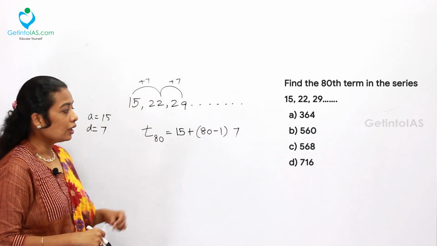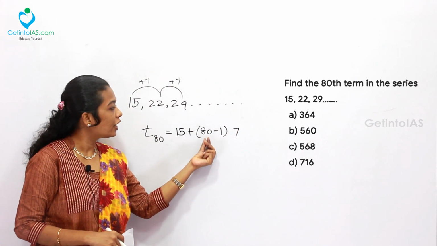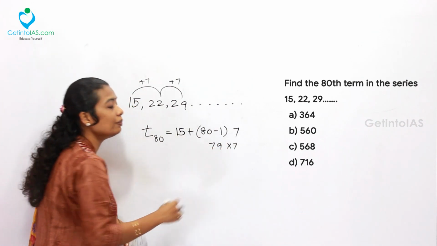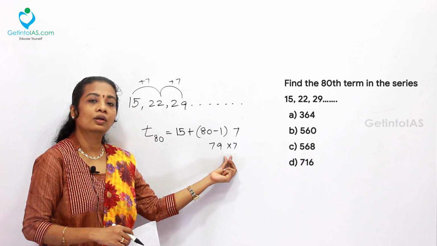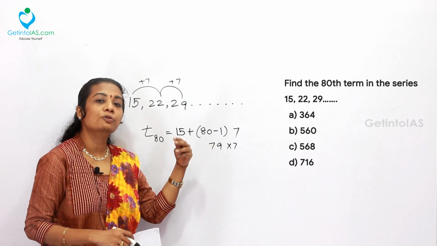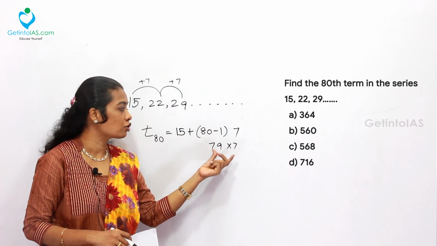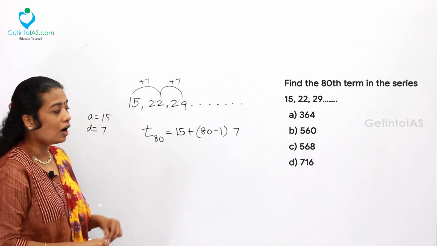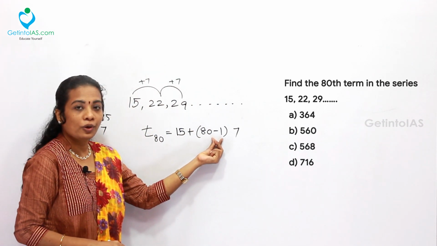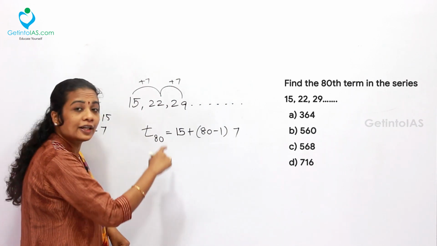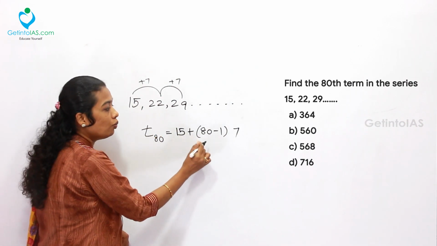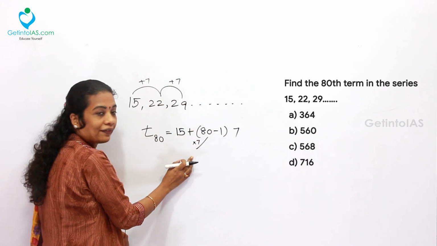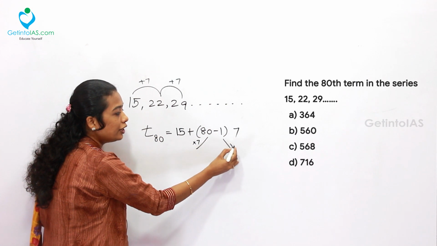Now, the next thing: most of the time students make the mistake with 80 minus 1, directly doing 79. Then they will be struggling to multiply 79 by 7, or even if it is easy, they will be spending 2 to 3 seconds extra every time to solve these kinds of questions. To get rid of these extra seconds, we can do it like this: 80 minus 1, and 80 is a rounded number, right? So, you can use the split and calculate technique. How? 80 minus 1 into 7. Separately do 80 into 7, then minus 1 into 7.